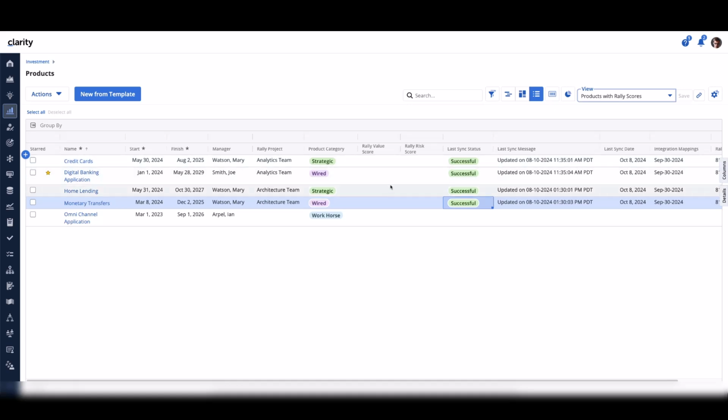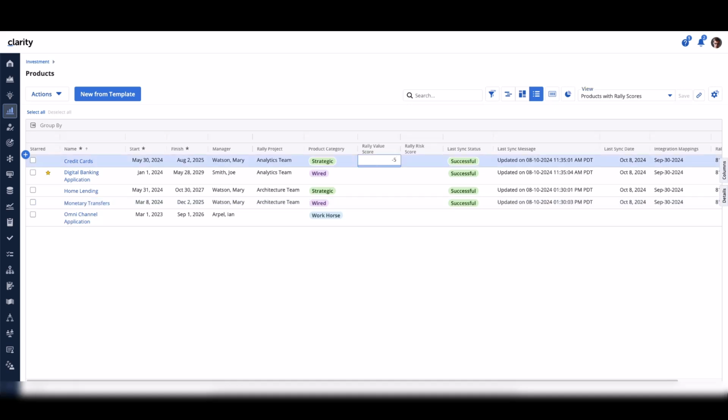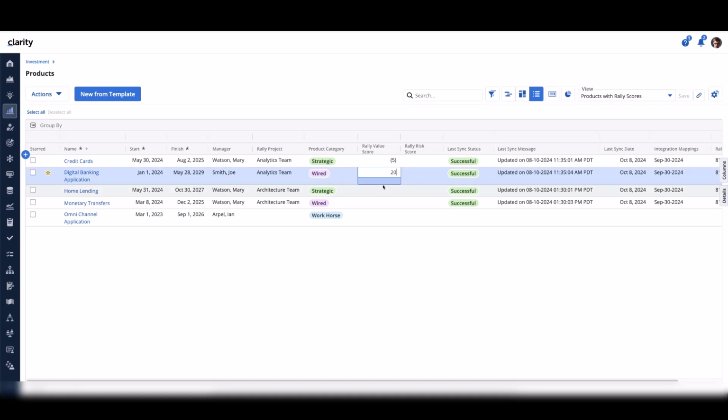In Clarity, both of these have been set up with a validation range of -10 to 100 as acceptable values. So what I'm going to do for the credit card in the Rally value score, I'll go -5, right? This is well within the range that is acceptable on the Clarity side. And I'll go ahead and set these to 20.